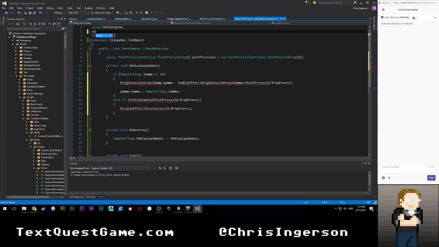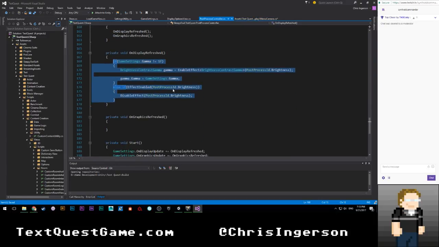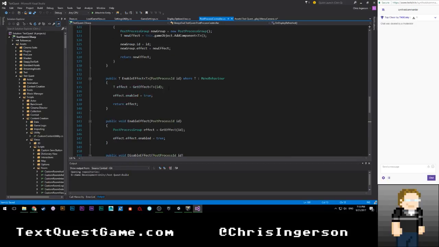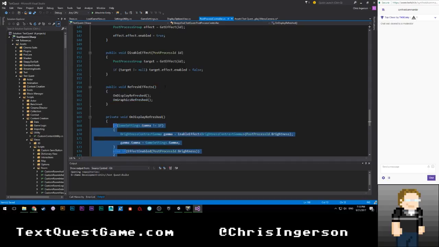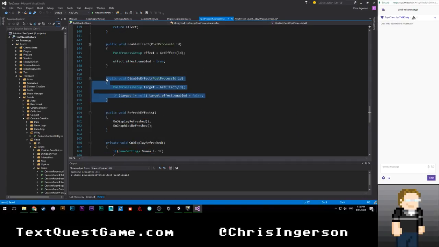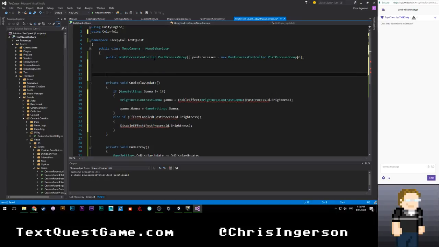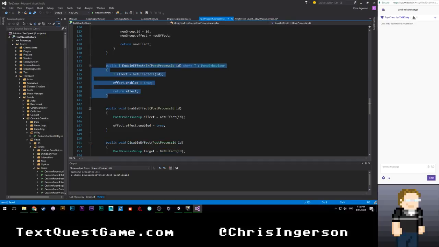In any case, let's go ahead and say using Colorful. And do we want to have... Yeah. Jeez, we're basically pulling the post-process controller into this class. Kind of sucks. It is not super great. I guess I really only need enable and disable effects. I don't really need much beyond that. So let's go ahead and move this up here and go up to enable effect, generic T,